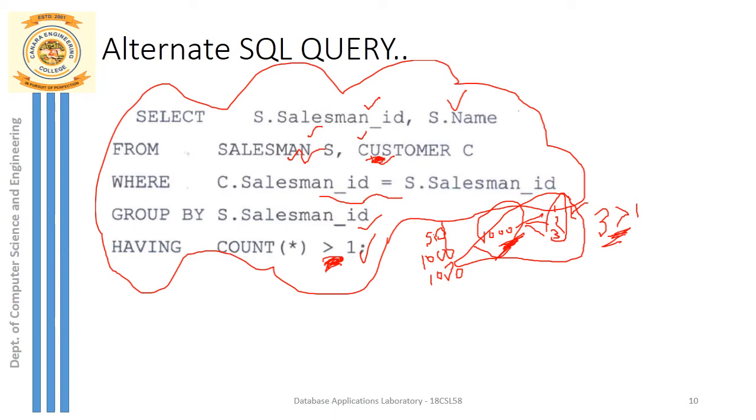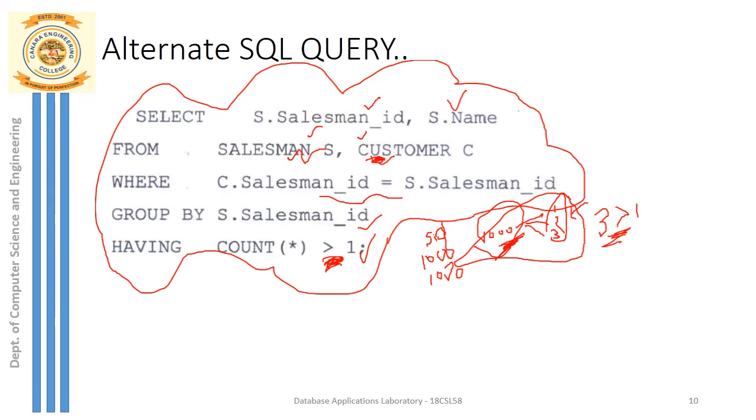Salesman ID. You have salesman ID inside the customer table, right? Yeah. So here, with this salesman ID, you just group based on this salesman ID. So I'm forming the groups based on this salesman ID. Once I form this group, if I have multiple rows, how is the group formed? Something like this. So 1000, based on the salesman ID, if I form the group.